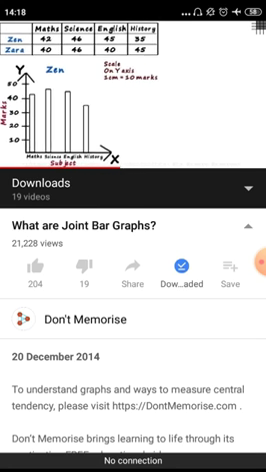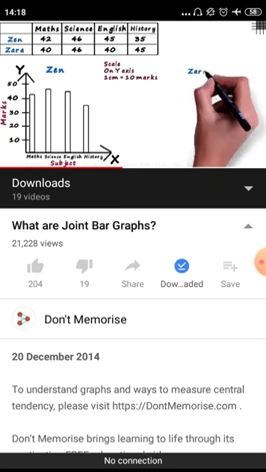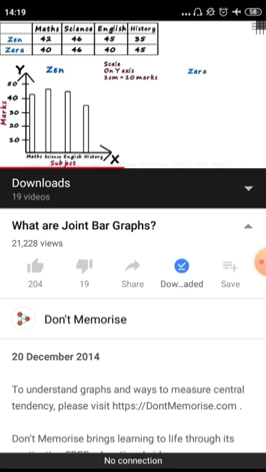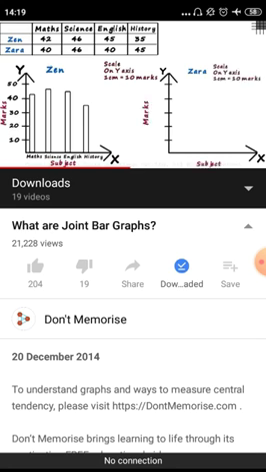Now let's draw the bar graph for Zara. We follow the same procedure. We draw the x and the y axis. We label the axis and choose the same scale. 1 centimeter is equal to 10 marks on the y-axis. On the x-axis, we have the same four subjects: maths, science, English, and history. Let us use different styles of bars this time.